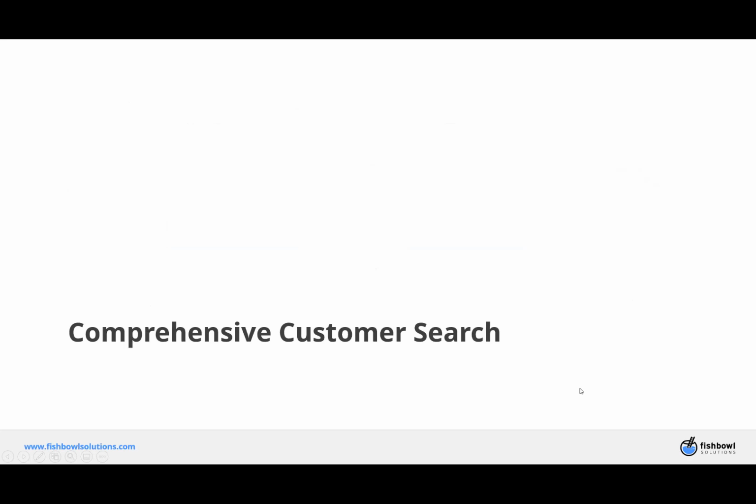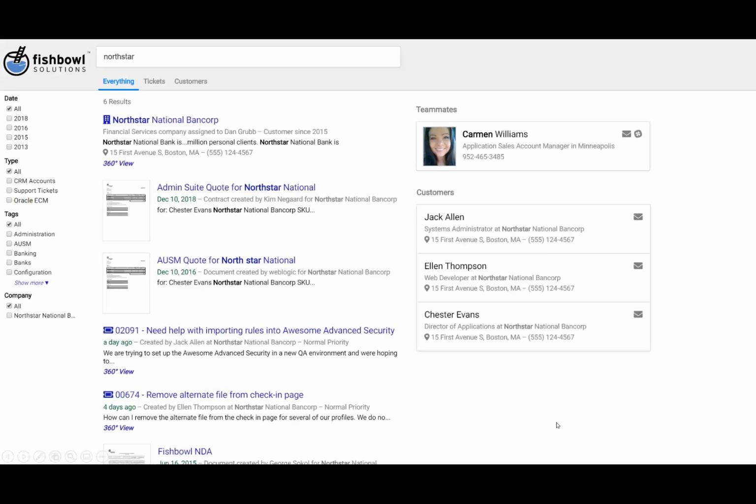The first example that we will take a look at is around this idea of creating a comprehensive customer search. This may be something used by customer support, or it could also apply on the sales side to people who are reaching out to and managing relationships with customers. In many different organizations that we've seen, there's usually information that pertains to a customer, whether that's on the B2B side where a customer is a company, or on the B2C side where a customer is an individual